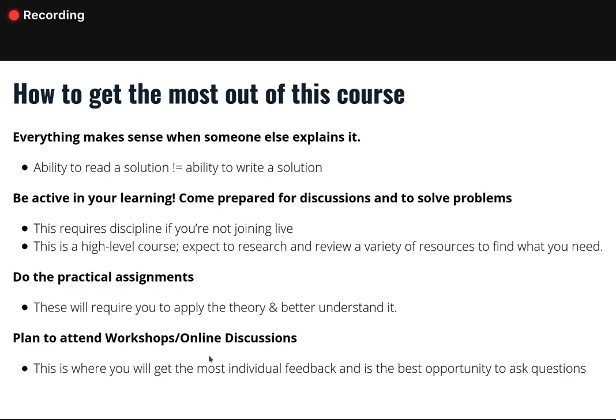Do the programming assignments or the practical assignments. That's going to force you to apply the theory, but they're going to be quite high level. We'll be looking at a bunch of different concepts throughout the semester, and then you'll need to actually go through and apply them in depth. They're not necessarily going to be straightforward assignments. They're probably going to require you to dive quite deep into various areas, and you may need to do additional research around the rest of the course content in order to actually undertake the assignments.